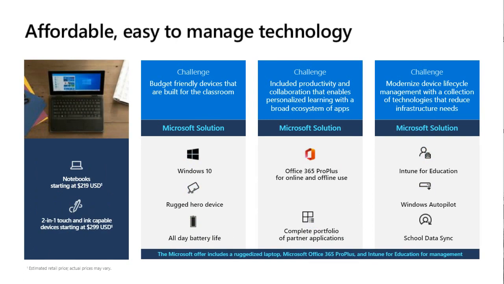Now, we talked a lot about this in previous slides. Again, it's all about device affordability. We need to make sure these devices are affordable, the right devices, powerful enough to do what you need to do in the classroom, wrapping it around Office 365 so that you can utilize the technology online or offline. And with the unfortunate reality of 10 million households out there without access to internet or up-to-par internet, it's important that we enable offline access.